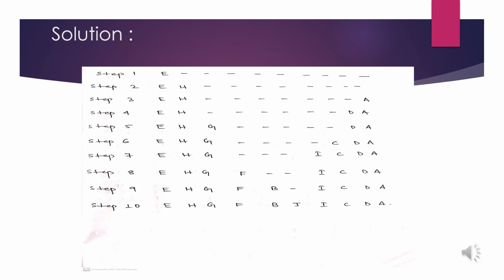Now one thing I have missed here: not only C but also I has the shortest processing time after placing G. So again I'll randomly select any one of the jobs between C and I. I have selected C and then I'll be putting I. So in step 7 we have successfully arranged jobs C and I from the back and have eliminated G, I and C.